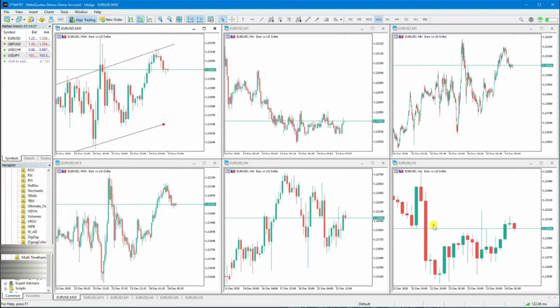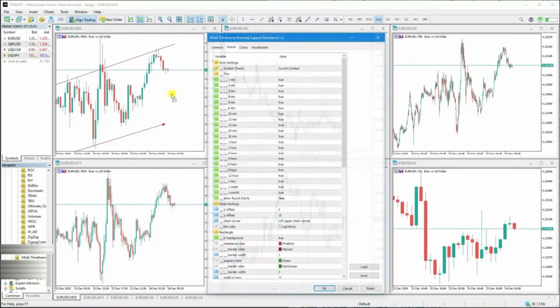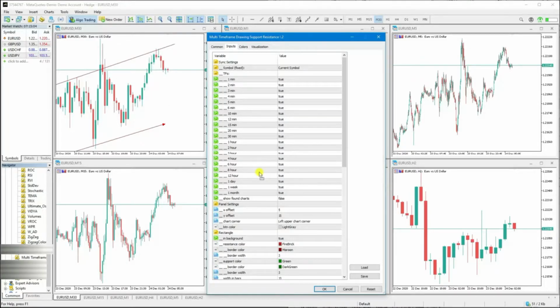Well, there are a few tools available in the market area of the MQL website that will synchronize to all time frames, but those tools are not that sophisticated or modifiable. They only copy your lines and have no options to modify colors or anything else. So looking into that, I have created a tool called Multi Time Frame Drawing Support and Resistance, because this is basically used to verify the supports and resistance in the market, and you can create and draw zones with this tool. So we'll see the properties of this indicator.